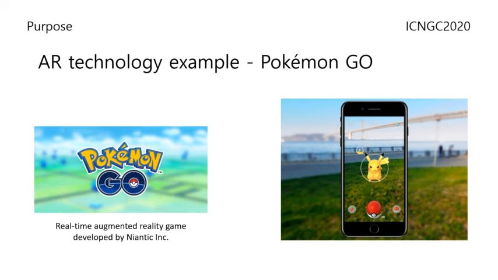The following is an example of AR content. The photo is content called Pokemon Go, which was released in 2016 and was very popular. Pokemon Go is AR content that uses mobile devices, which have the advantages of mobility and portability. Pokemon Go is a good example of following GPS and AR camera technology built into mobile.